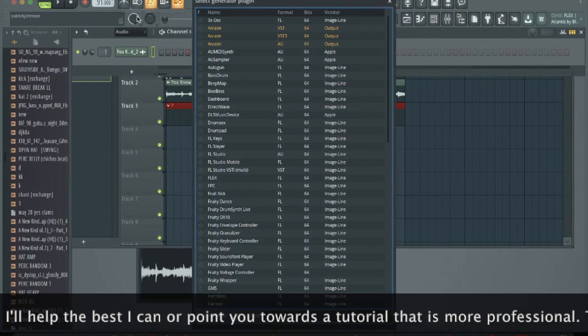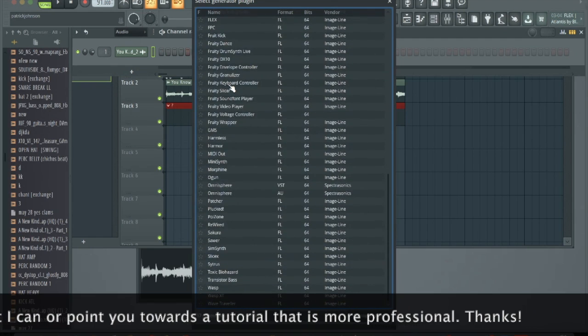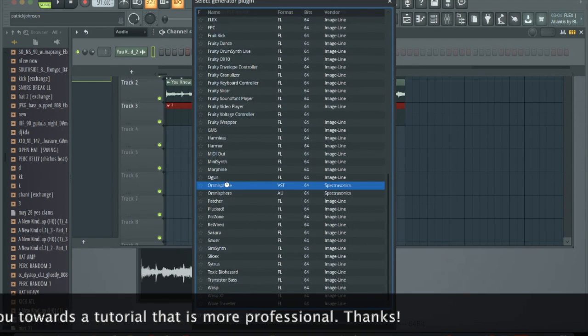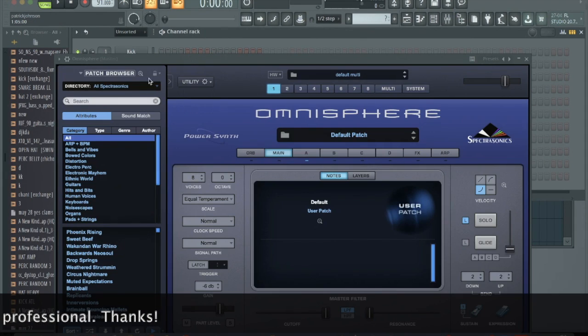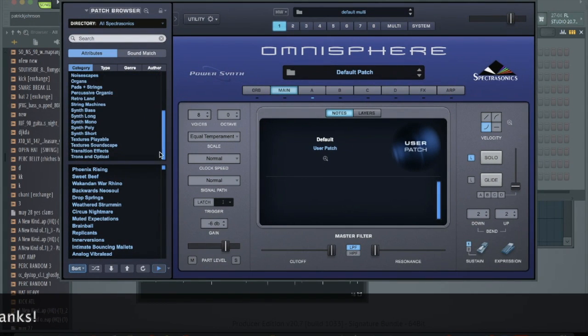There's a number of VST plugins that come with Fruity Loops. I made the purchase of Omnisphere a while back. Luckily, it's really expensive, but this is cool because you get all these instruments, and they're not paying me to say this. I don't even have enough followers for that. But say you wanted to add, Retroland's a good one,